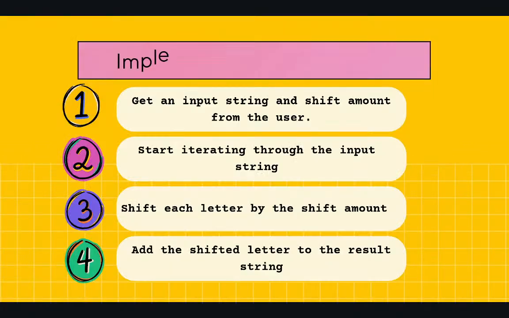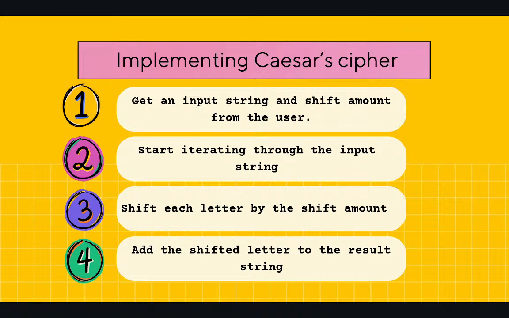Okay, so now we can look into implementing Caesar ciphers on our own. To implement Caesar cipher, the algorithm is simple. You take an input string, and for each character in the string, you shift it with a given shift, and then you add this shifted letter to the output string. I'll be demonstrating this within Python. You can follow through. Yeah, nice. I see that one guy has got the answer. Very good.